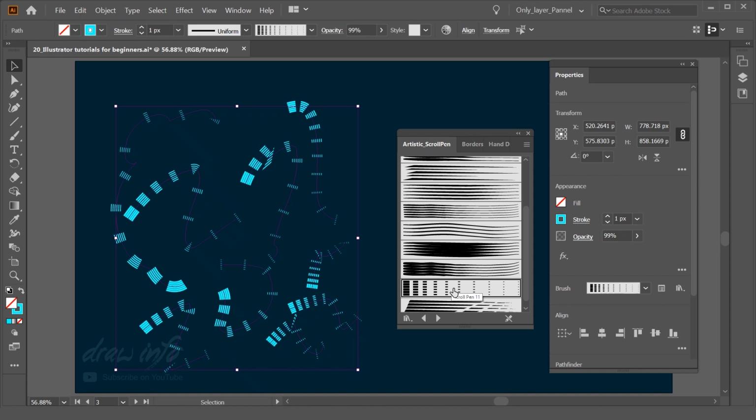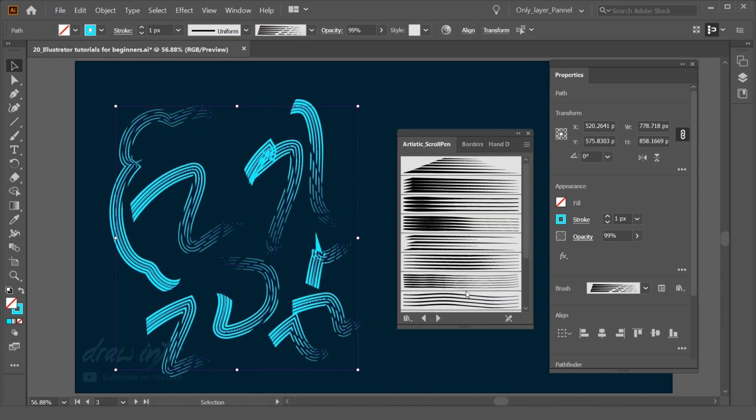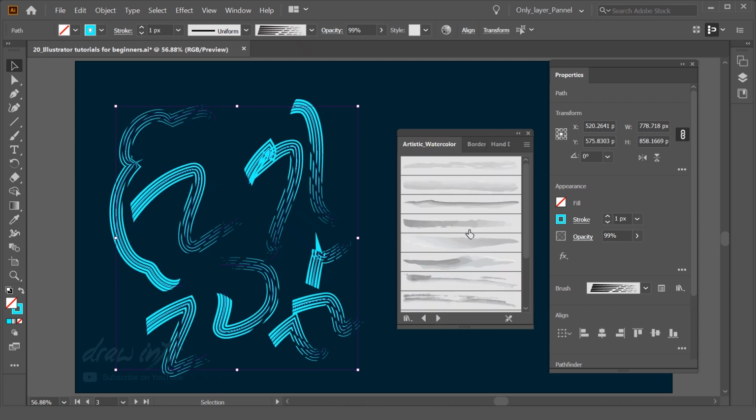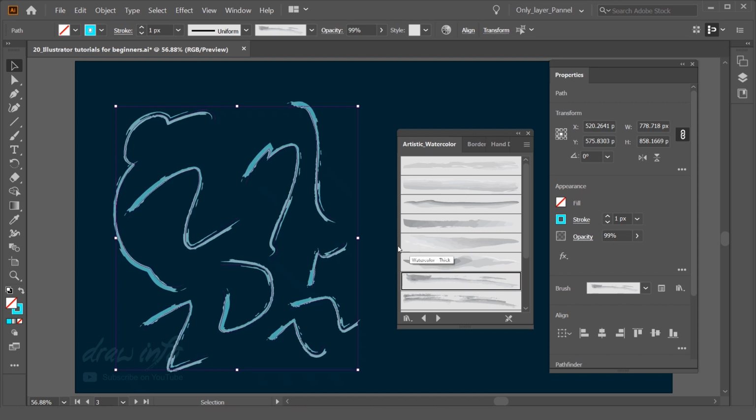You can see these dotted options are also available over here. It's a really very interesting tool, and you can play around with this and create whatever style or texture you want. This is all the information about the brushes I have given in this tutorial. This is all basic information. For advanced level use of brushes, I will come up with a few new tutorials where I am going to explain advanced level use of brushes.